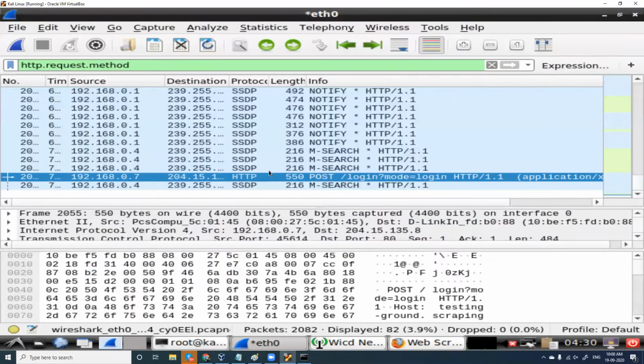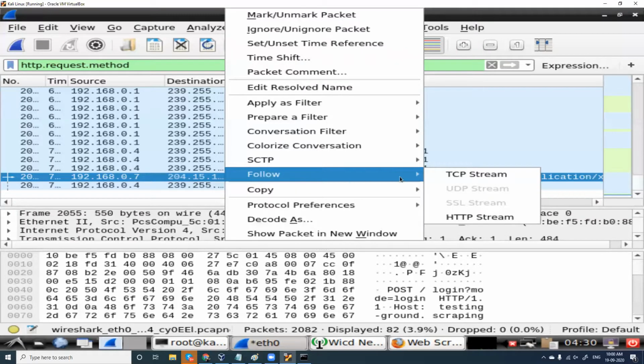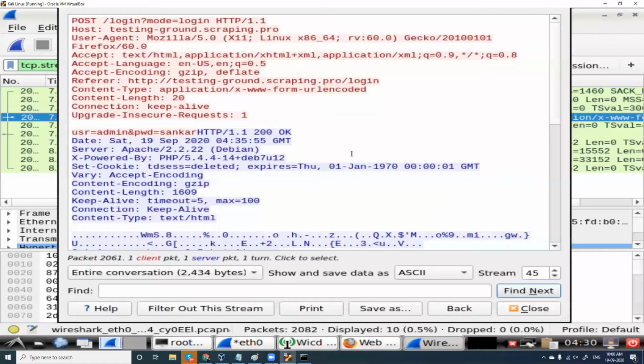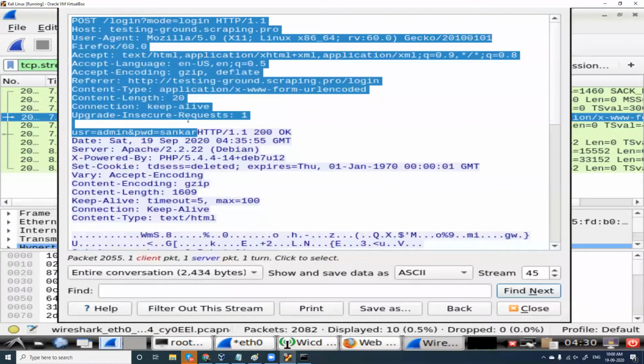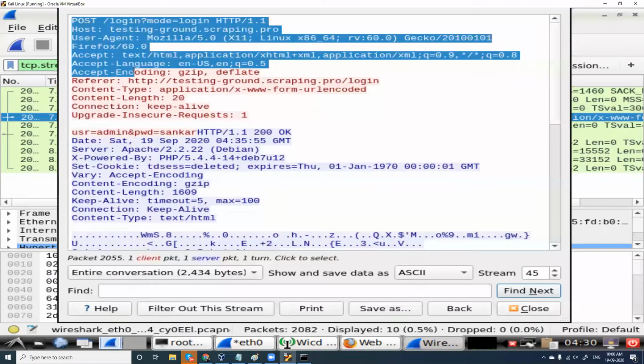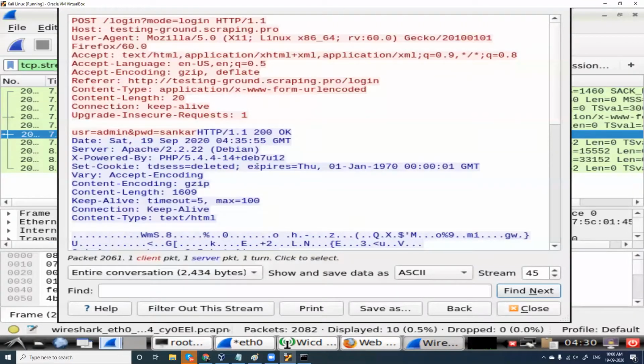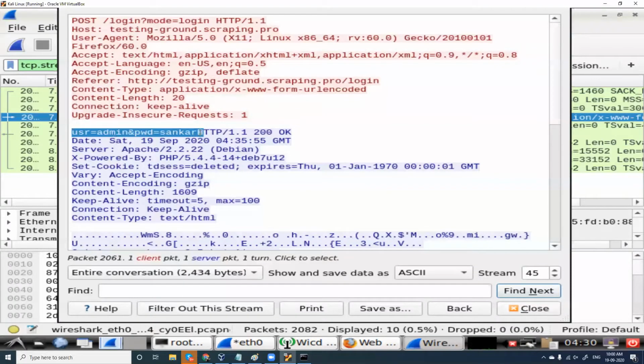And the second option, you can right click on this packet and you have follow and give follow TCP stream. When you go for this option, red is what you have entered. Red color here means the data which is sent from your computer. And this blue color, violet, what does it mean? It is a response which you have got from the server. And when you look at this, you have your username and password here. Fine. So a basic HTTP site, without being encrypted, sending in plain text, yes, you can use Wireshark.